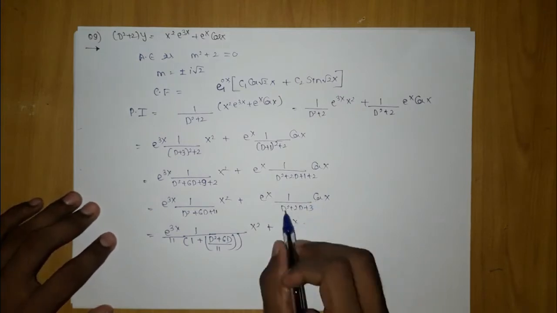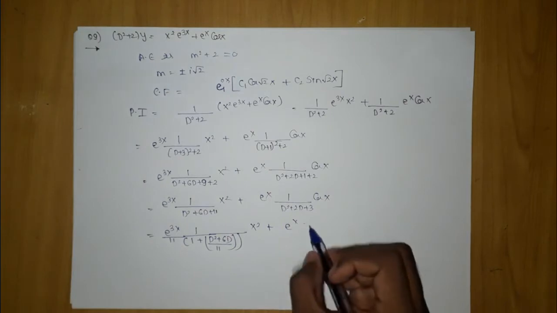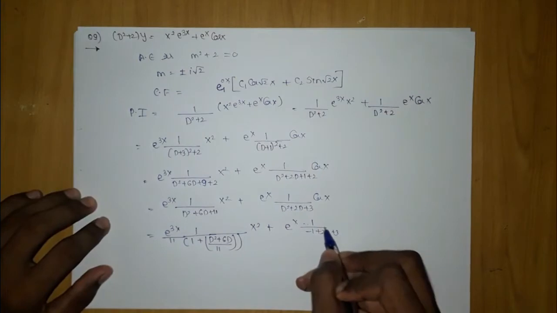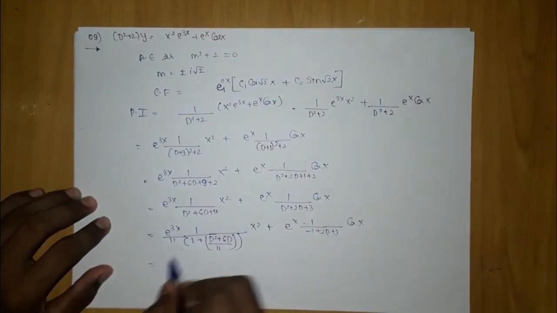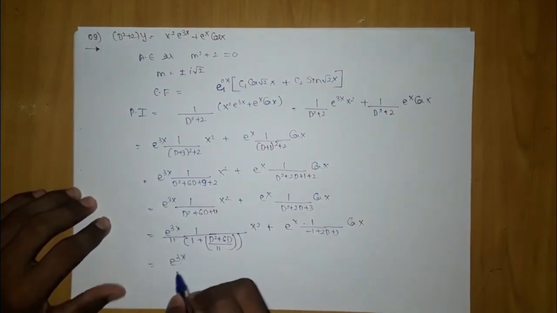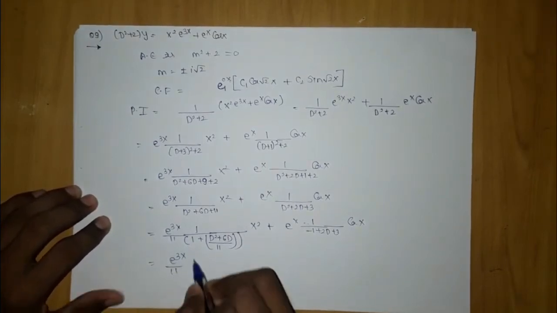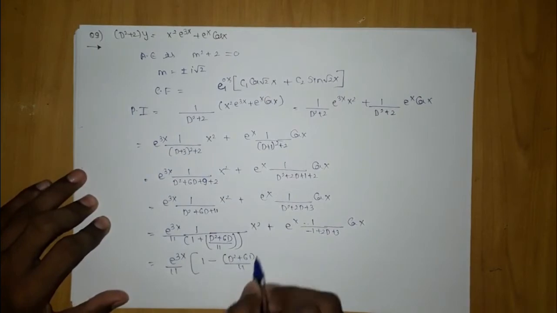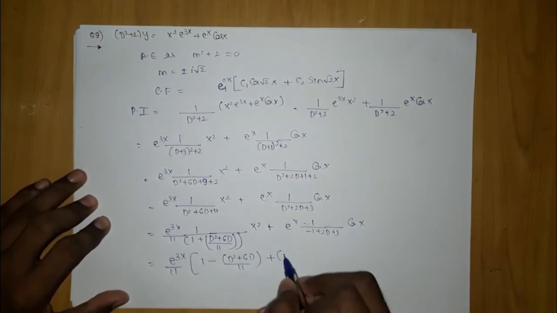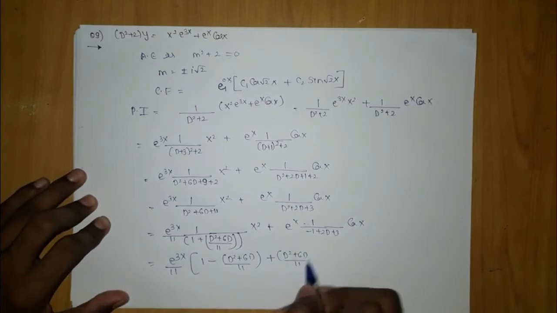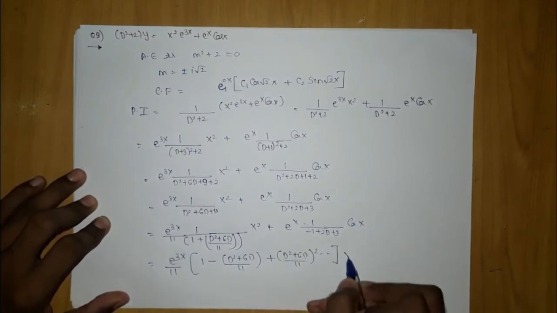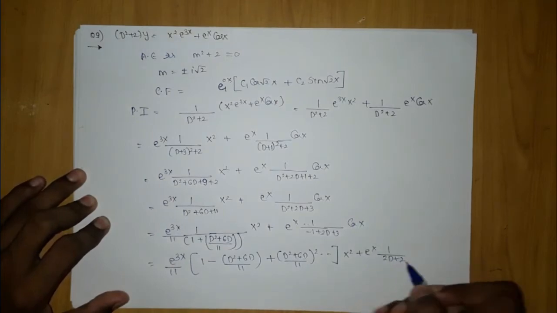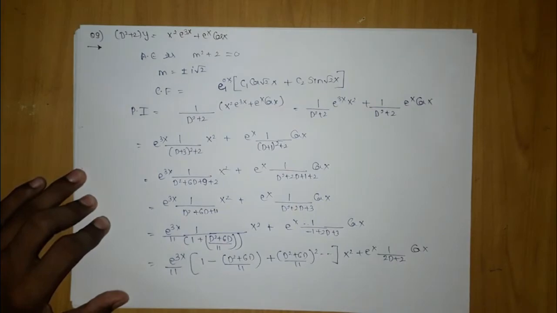Let's just write this. So if we do this here, we are going to get minus 1 plus 2d plus 3 into cos x. After this, we will use the Maclaurin series expansion here and do the expansion. If we do the expansion, 1 minus (d² plus 6d by 11) plus (d² plus 6d by 11) the whole square, and after this we will stop. But here e to the power x, 1 by 2d plus 2 into cos x is there. We will take the 2 outside.